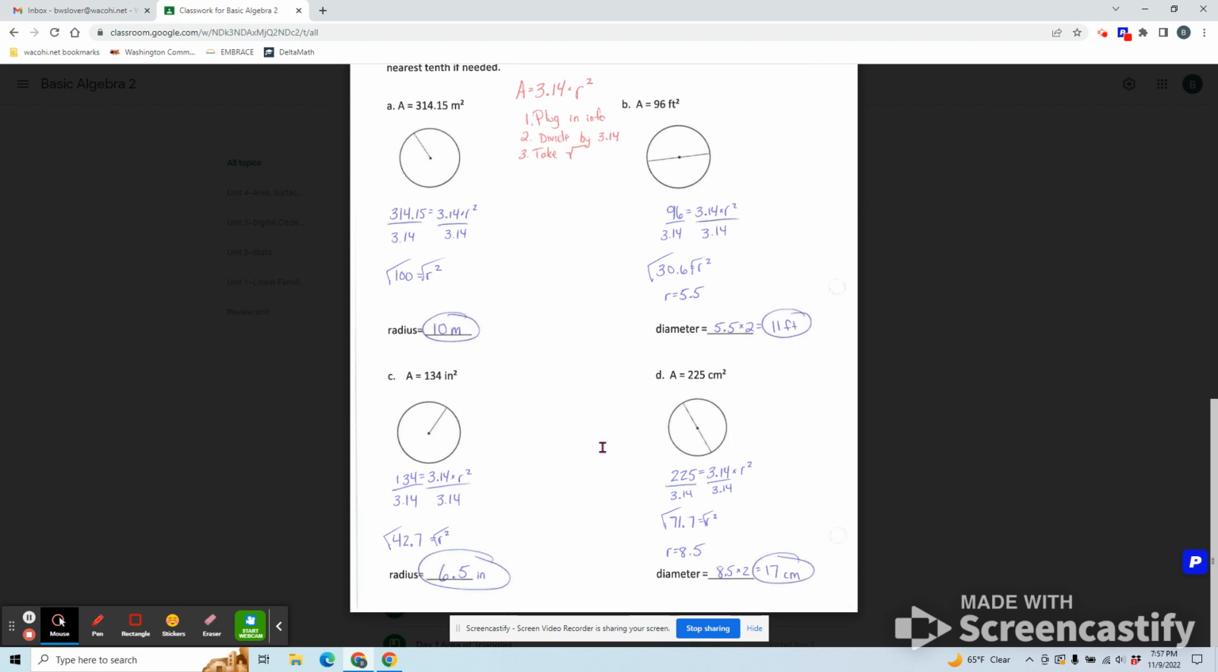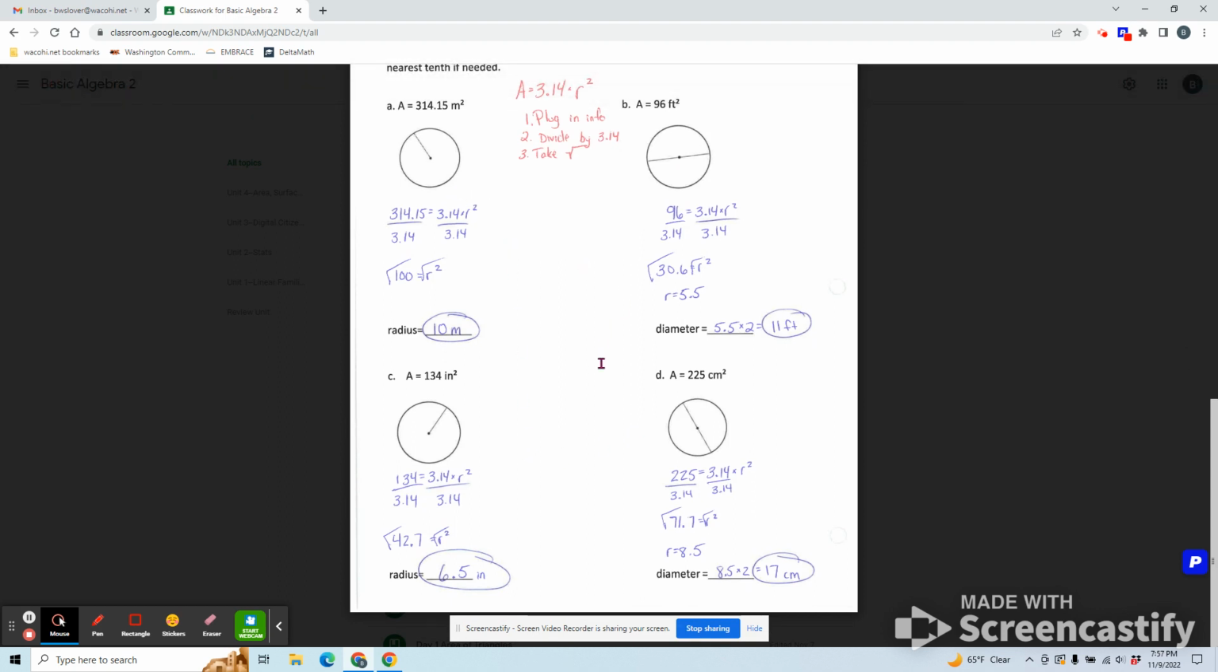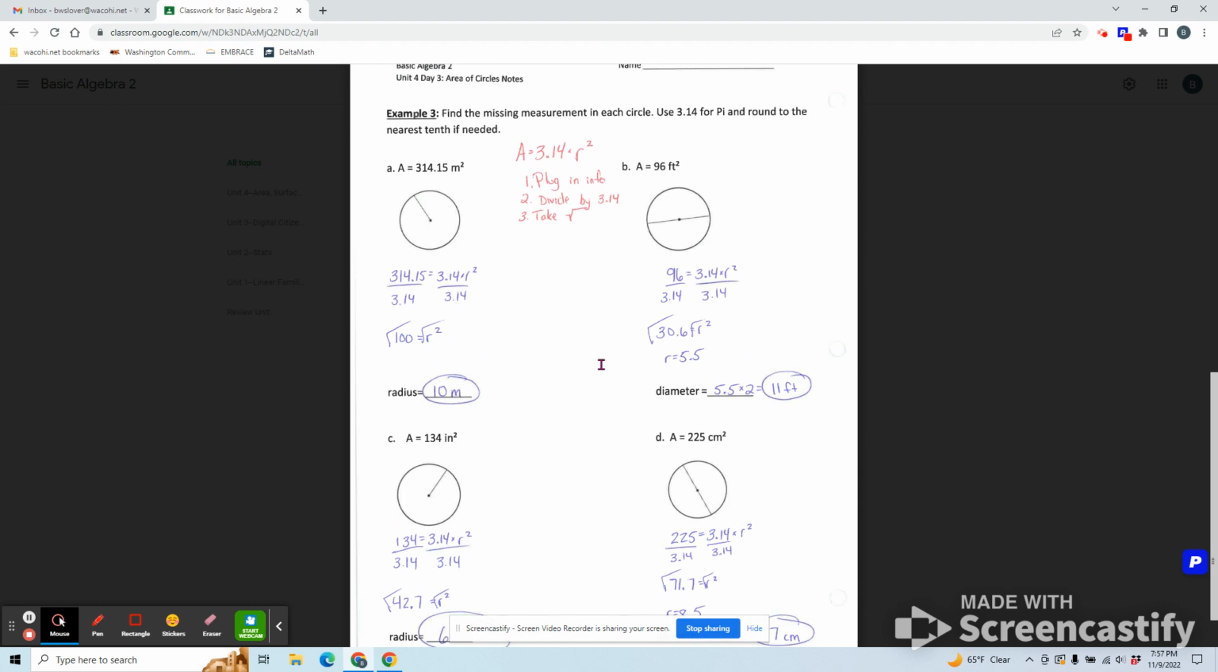And C and D are just more examples. Similar to A and B. So our formula for finding the area of a circle is pi 3.14 times radius